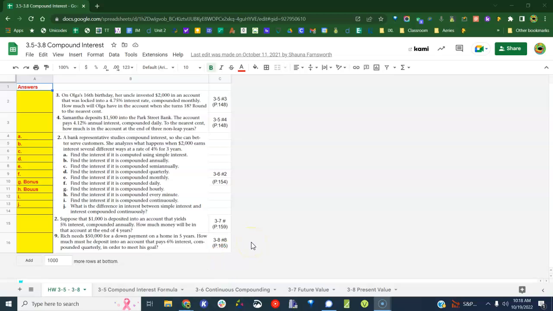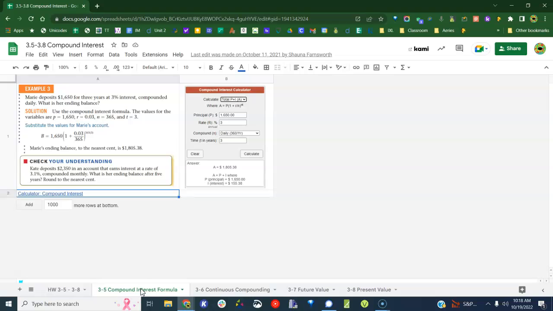So compound interest. This is what causes everything to grow real fast. This is a summary of Chapter 3 from the textbook. You can see there's problems from 3.5, number 3, number 4, 3.6, number 2, 3.7, and 3.8. This is just a summary of a bunch of different sections in the textbook about how to calculate compound interest. Now, the formula is really, if you go to the second tab here, 3-5,